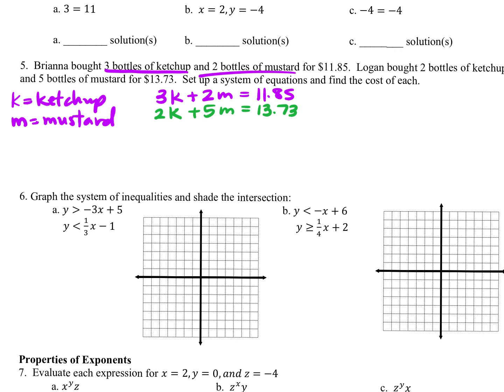If we're going to eliminate, do you want to multiply one equation, both equations? How are we going to do this? It has to be both, okay? In order to eliminate, we got to make them opposites. What do you want to multiply the top equation by? I would do 2. I would multiply the top by 2 because that's going to give me a 6K, a 4M, and